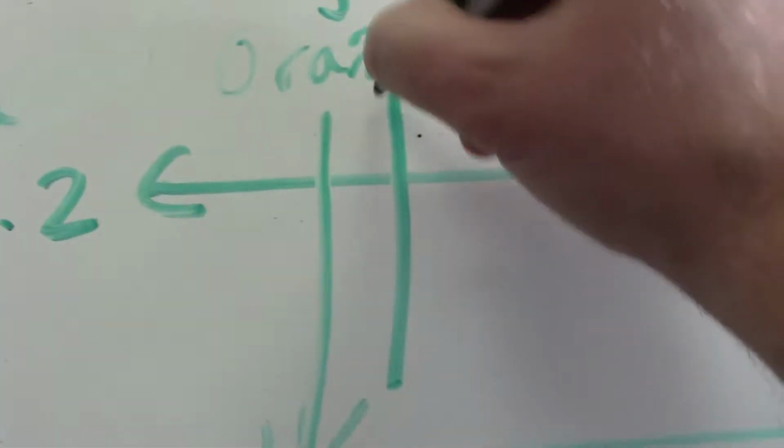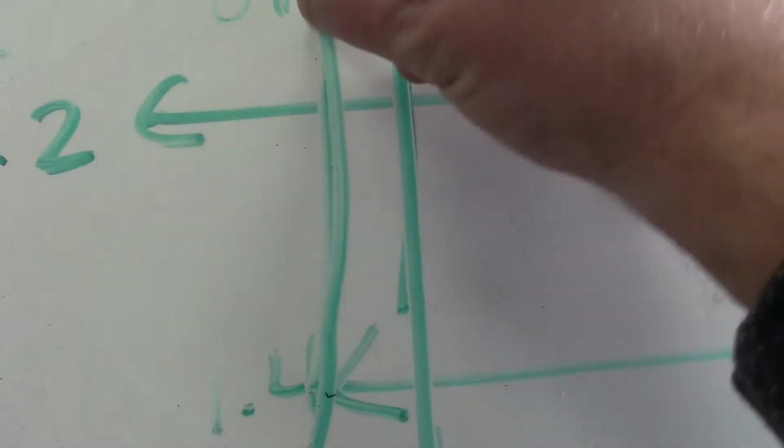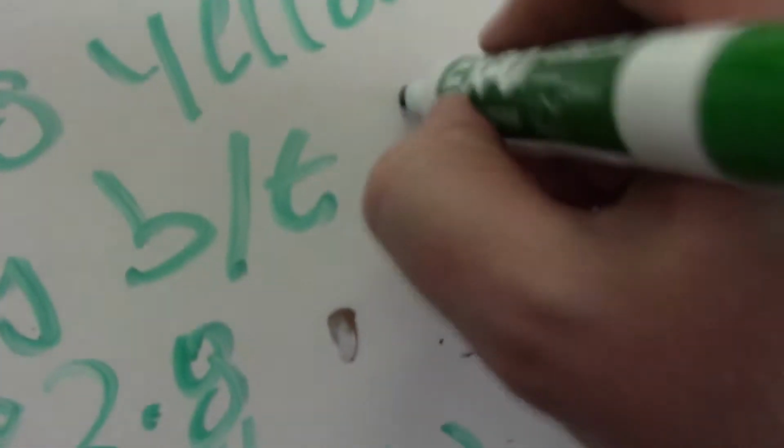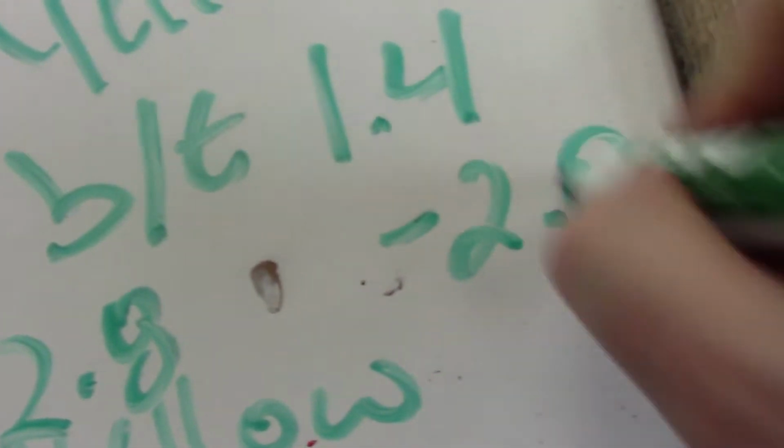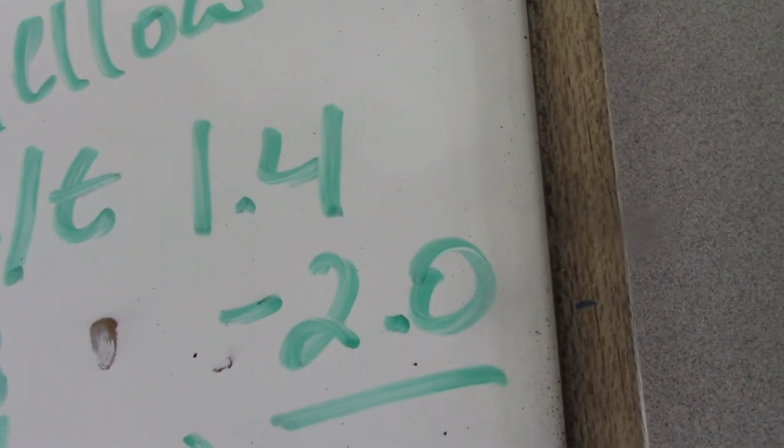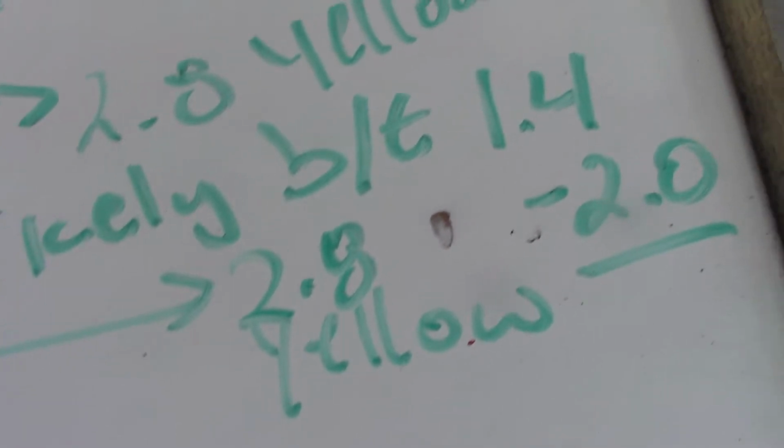So what I can do is I can make this pH range here. And I know that my pH range is probably, it's likely between 1.4 and 2.0. So that's going to be my pH range,